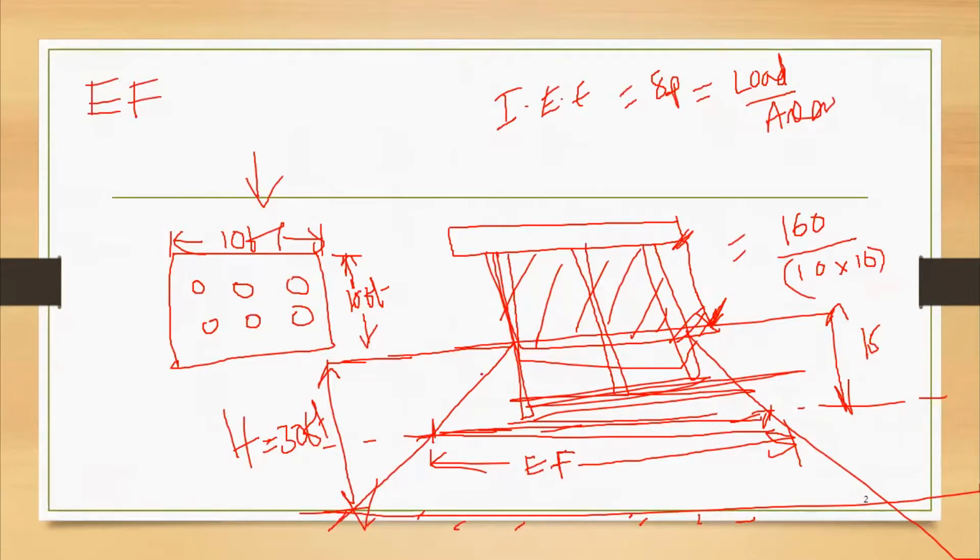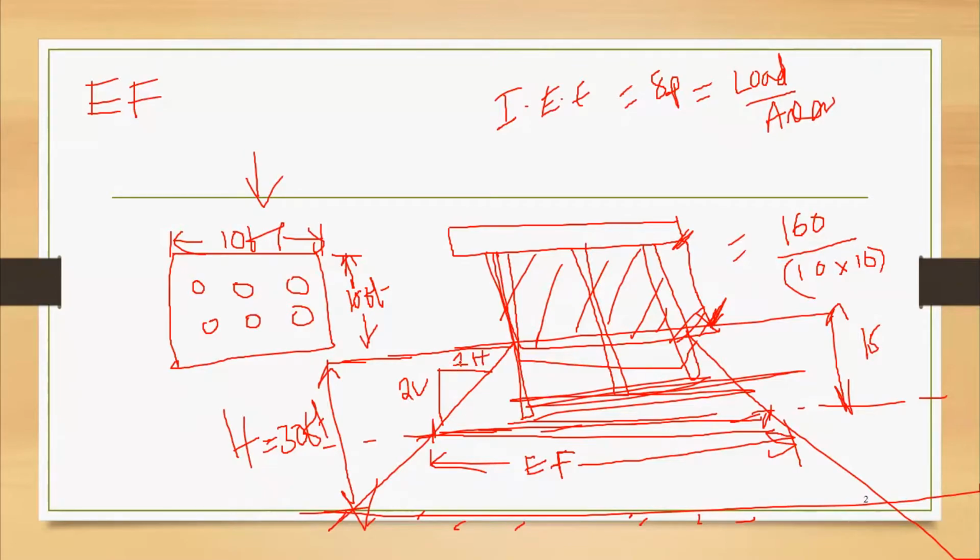It is very simple. See, this is the stress distribution, on this side and on the right-hand side. The assumption is made that whatever the stress is, this is called the slope. The slope is going to be taken like this: the slope is considered 2 vertical to 1 horizontal. Am I right or not? Yes or no? This is the assumption. Yes, sir. Yeah, 2 vertical to 1 horizontal.